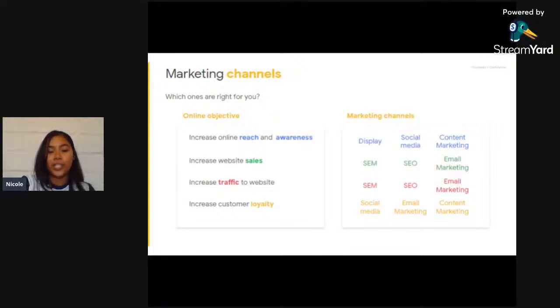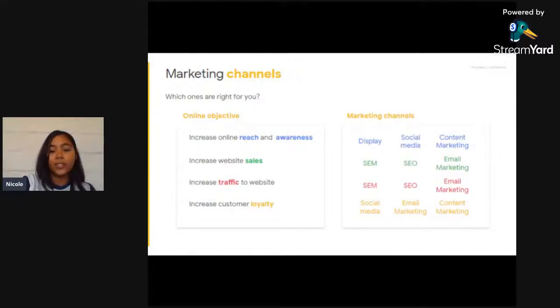If your online objective is to increase online reach and awareness, the marketing channels that you will use are display marketing, social media, and content marketing. If your online objective is to increase website sales, then you would use search engine marketing, search engine optimization, and email marketing.